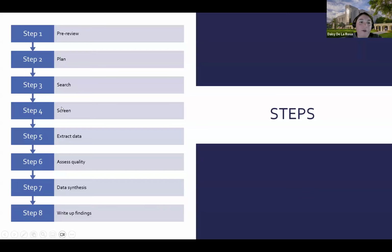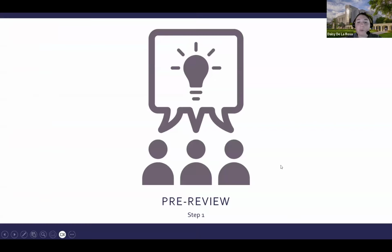You extract data from the ones that you've included. You assess the quality of each one. You synthesize the data, and then you write up the findings. So pre-review, which is step 1, is probably one of the most important steps, because this will basically